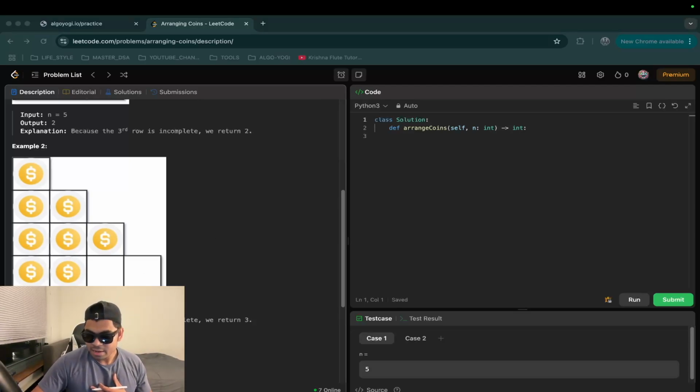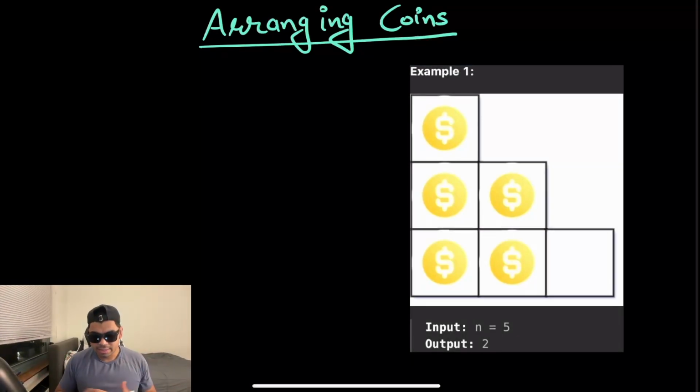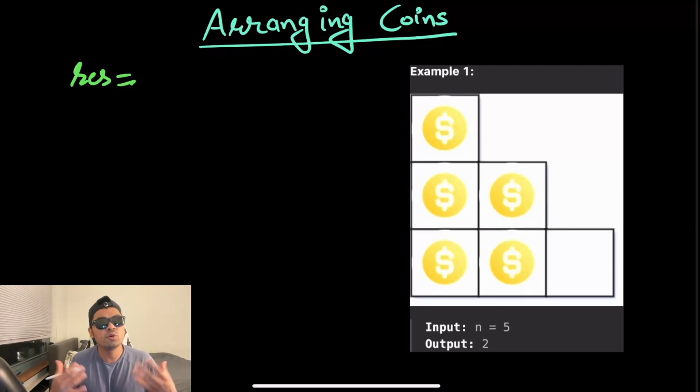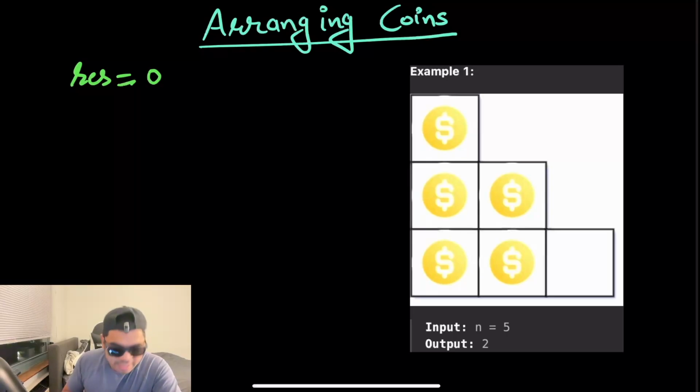So I think you can already think that a really simple solution would be basically keeping a variable, let's say result. It's a brute force approach I'm mentioning here. So result is initially 0, and then we will have a while loop